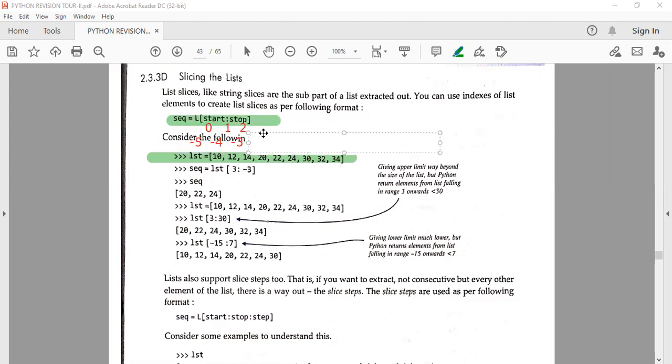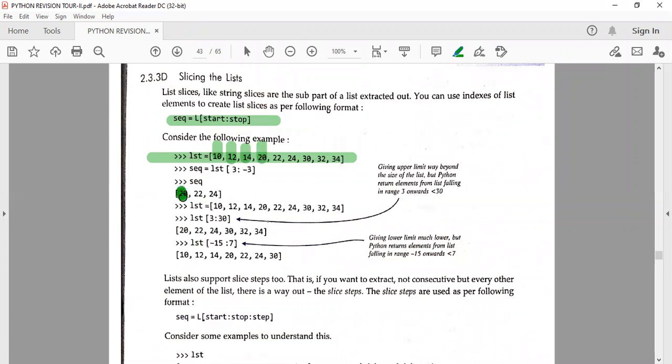Okay, I am just writing again here. Okay, just see here. Here, this is at 0. This is at 1. This is at 2. This is at 3.